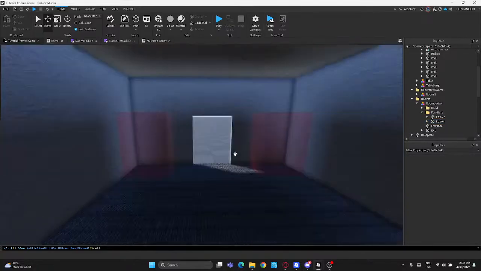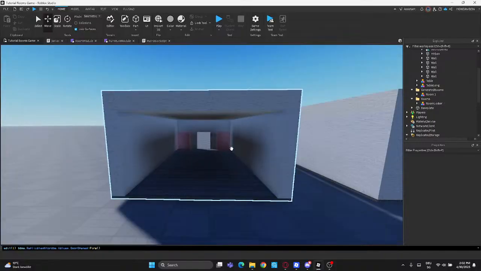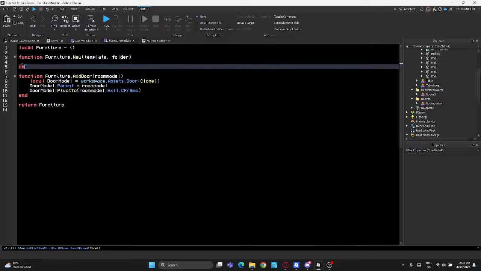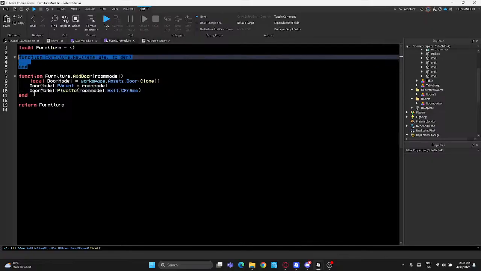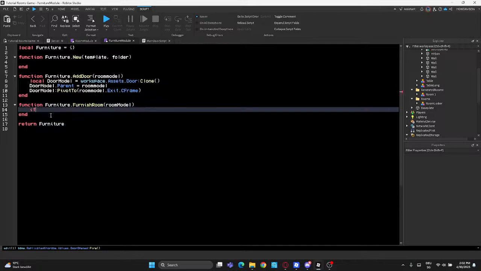Once you have done all that, let's go into a furniture module. Now this is where this comes in. Furniture dot furnish room, that's what we're going to name it. Then get the room model. We don't need the table because that's what we're going to get here. If room model find first child furniture,